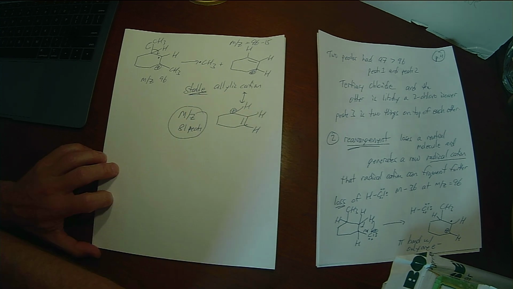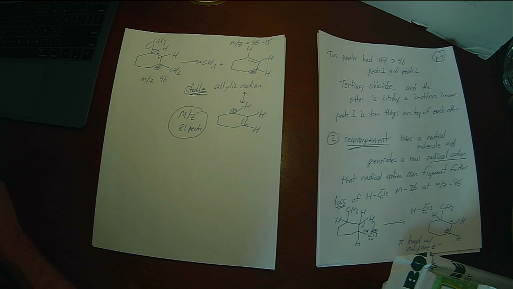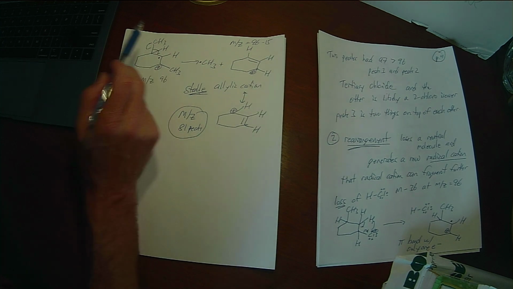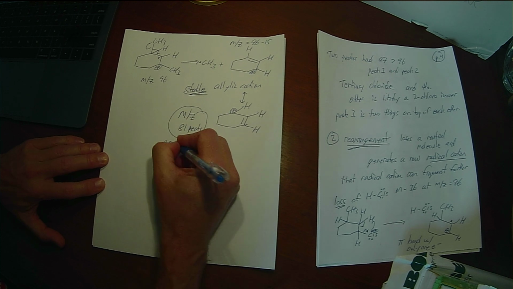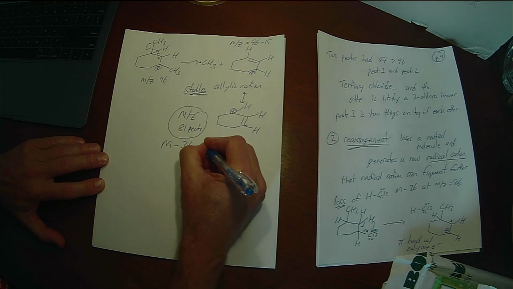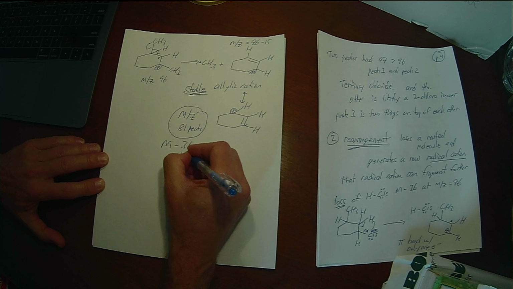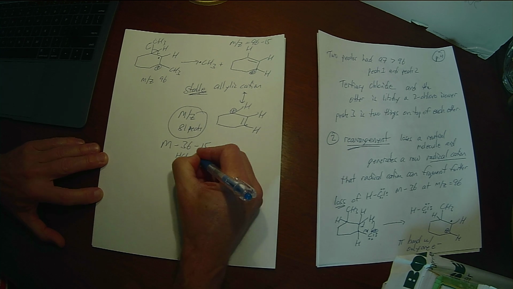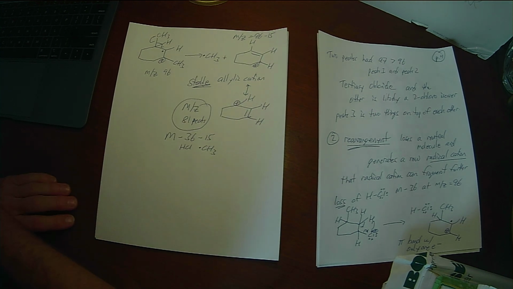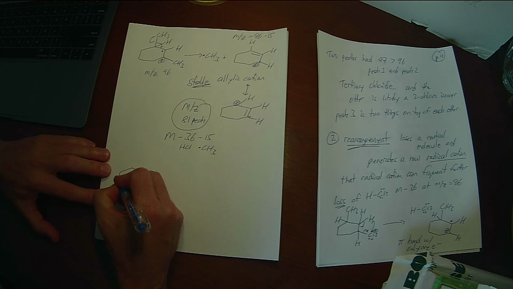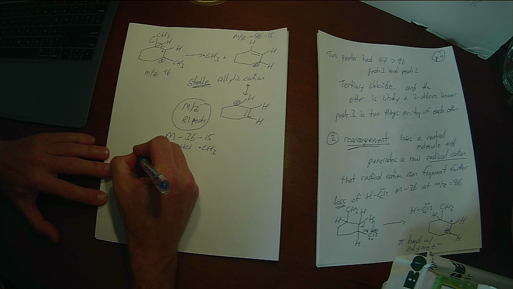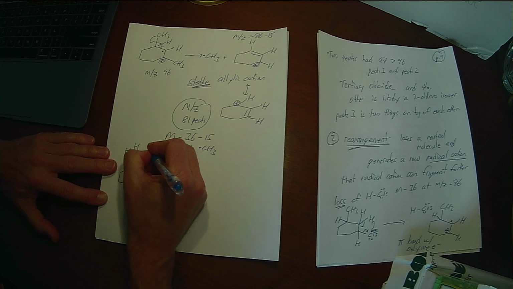And that's a fairly prominent peak for all of them that have a CH3 group at all, right? So when you see m over z 81, what you're seeing is m minus 36 for the HCl minus 15 for the methyl. You can't do that if there wasn't a CH3 group in the first place, right? If you had a primary chloride, the only possible primary chloride,